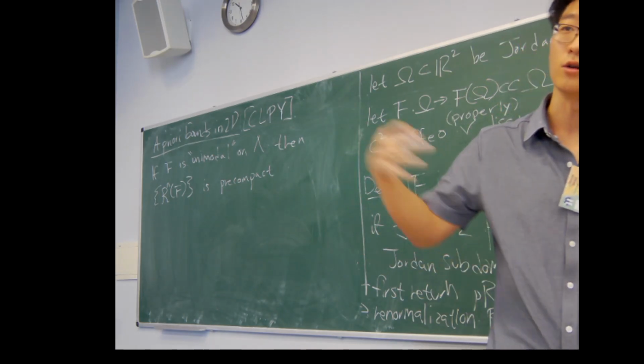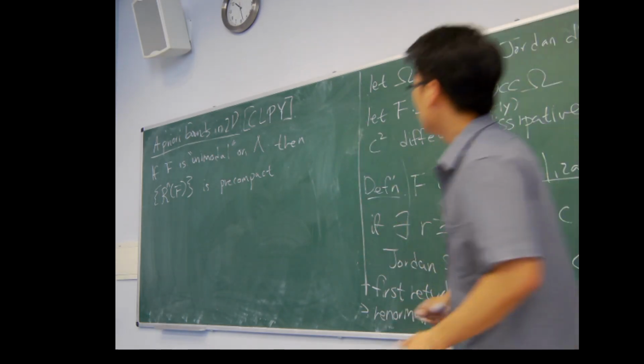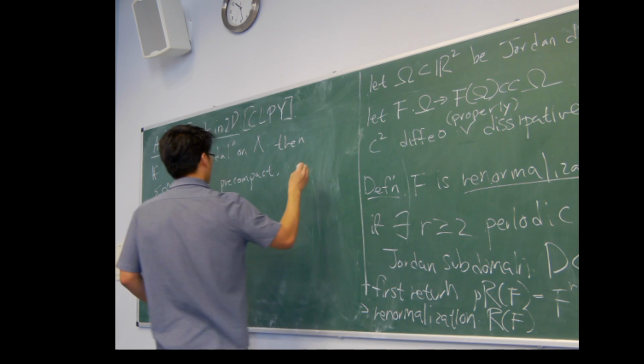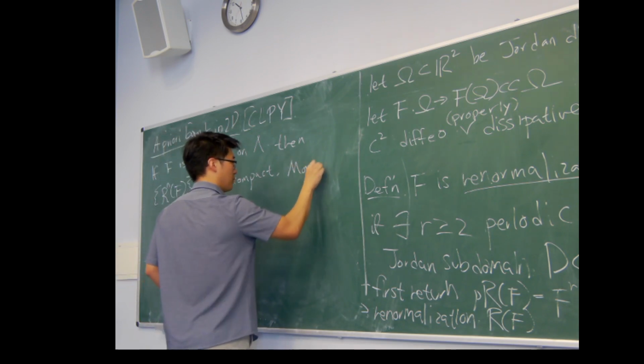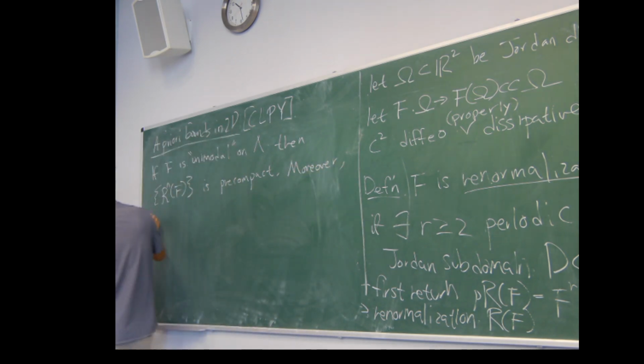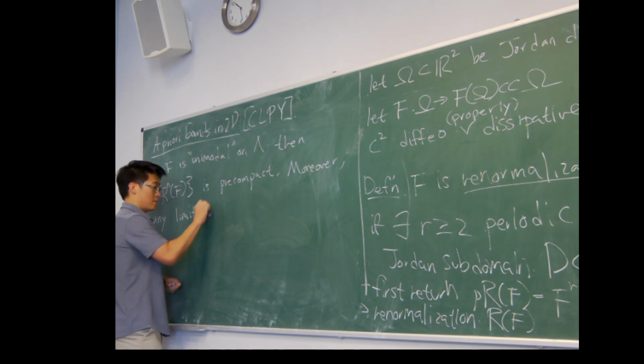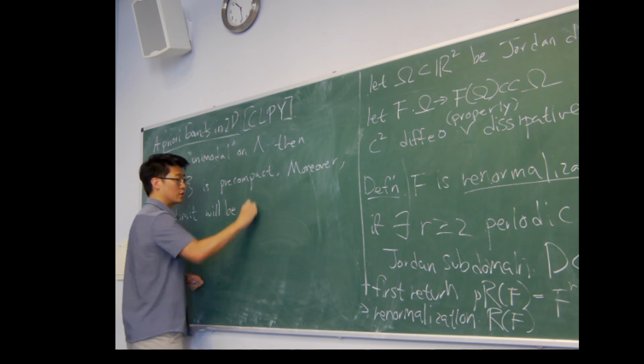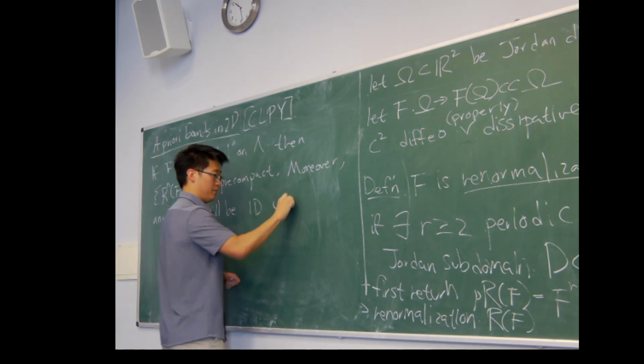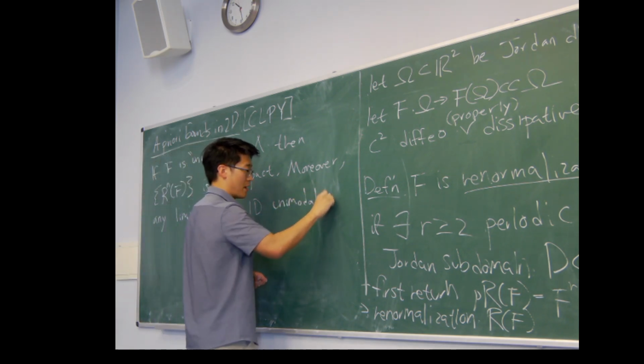You can take a subsequence in order to get something convergent. And actually, moreover, any limit of a subsequence of the sequence of renormalizations will be a 1D unimodal interval map,